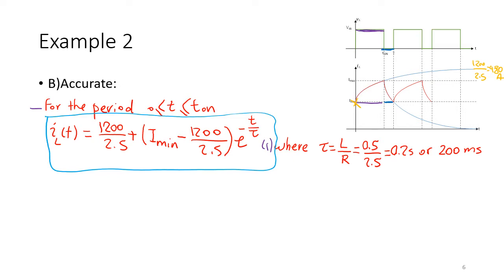The upper switch is off, the lower switch is on, so VA will be 0. For this period, T between T on and T,